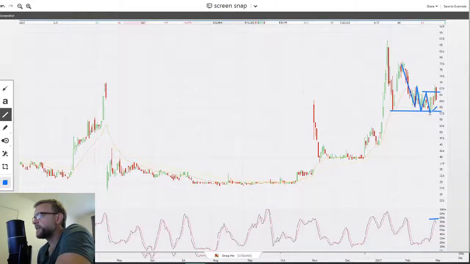And then we've just taken that leg up with that move up here. So we're just taking out that little high. But it's just reacted off a little level here. So I'd ideally want to see it pop up through 70. Probably pull back. And then again, you just want to see,